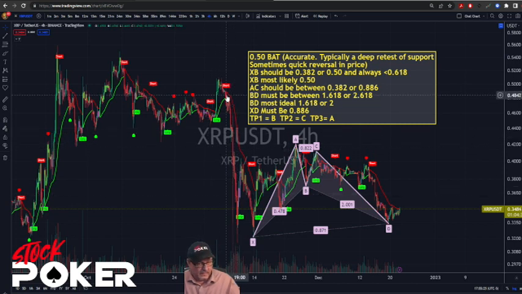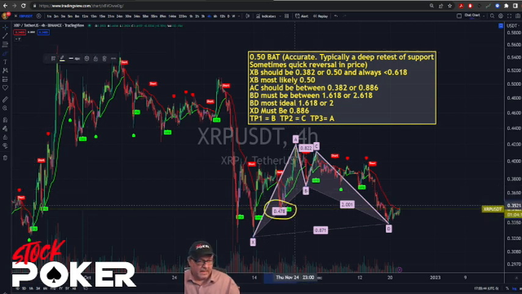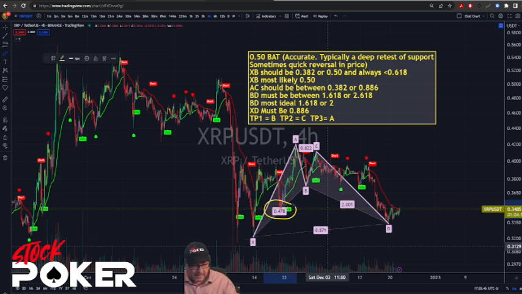We had the FTX dump. We had an automatic reaction, a secondary test, and it seemed like price wanted to come back up. So here we have almost like an impulse leg up. And then we have a retracement here, and you can see how this retracement hits the 0.478, hits the 0.50